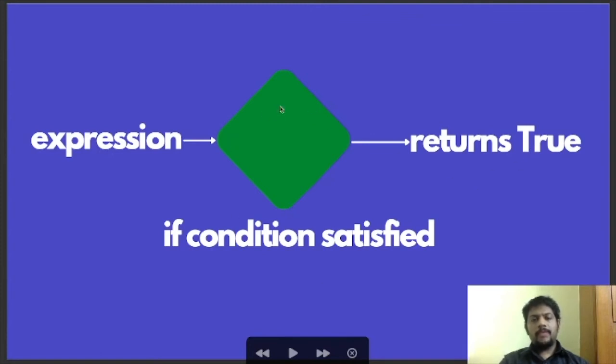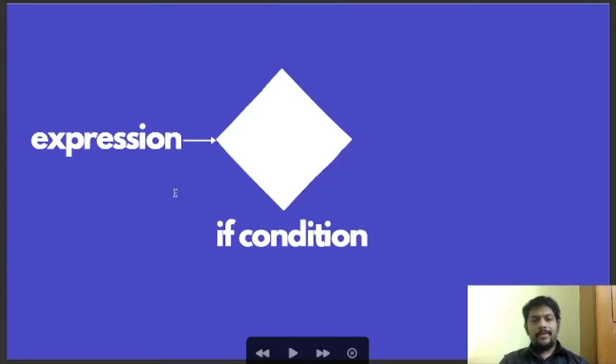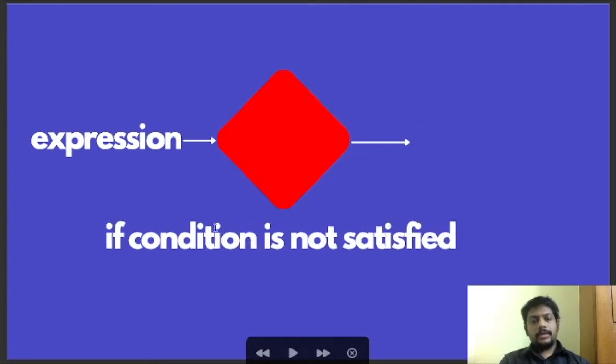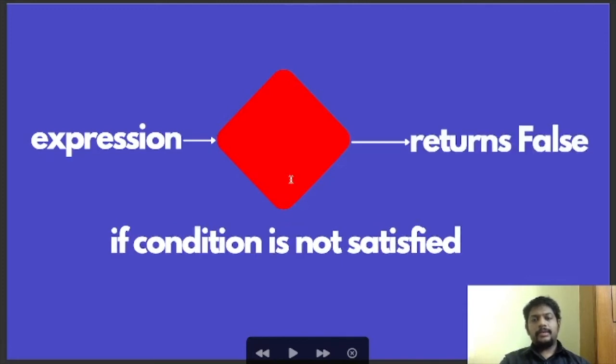That is what the if condition is all about. That means we have an expression and an if condition. If that expression is satisfied by the if condition, then that if condition will return true. If that if condition is not satisfied, then that if condition will return false. So that is what the if condition is all about.